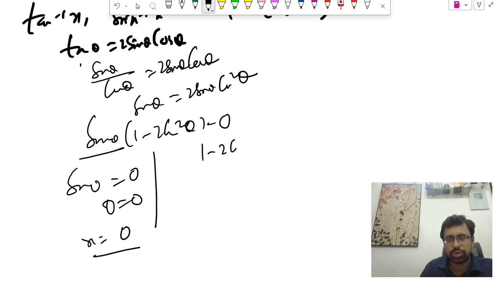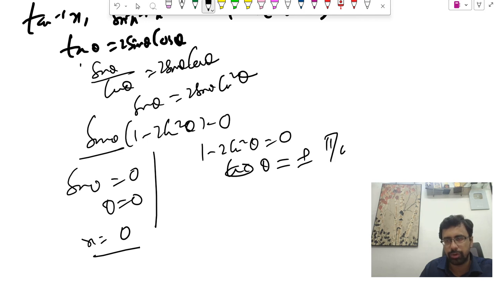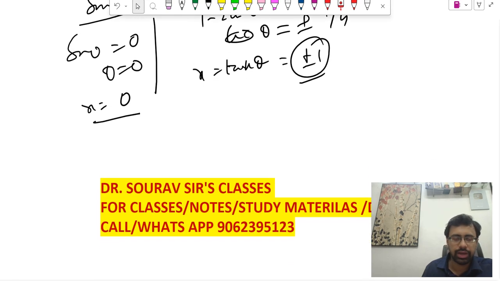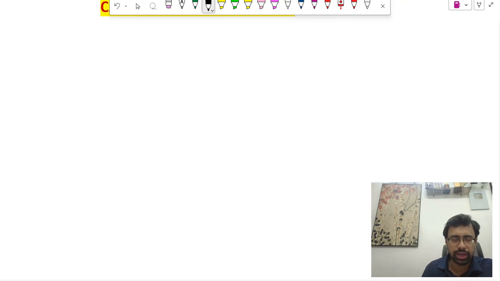Next 1 minus 2 cos square theta equal to 0, cos square theta is half, cos theta is plus minus 1 by root 2, so theta equal to plus minus pi by 4. So x equal to क्या है tan theta, so that is plus minus 1. So डोमेन को वेरीफाई करने के लिए हमारे पास डोमेन क्या है, we must verify check the domain. रेस्ट्रिक्टेड रेंज के हिसाब से अगर जाएंगे, so